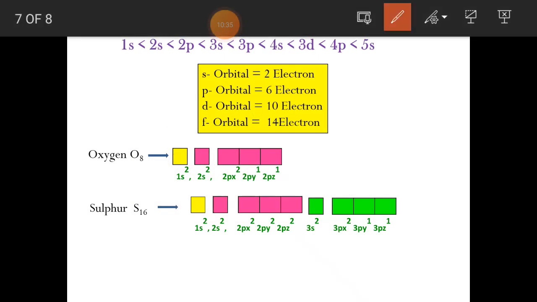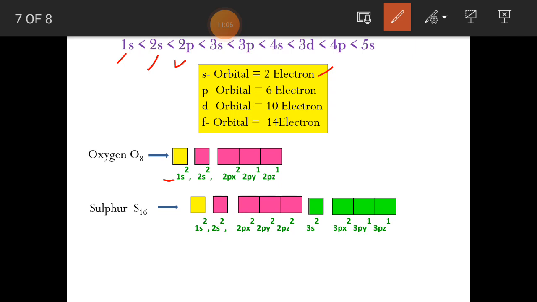Now we will see how these 8 electrons are distributed. 2 electrons go into 1s, because according to our sequence 1s is first and the capacity of the s orbital is 2 electrons. Of the remaining 6 electrons, 2 electrons will go to 2s, then the remaining 4 electrons will go to 2p.